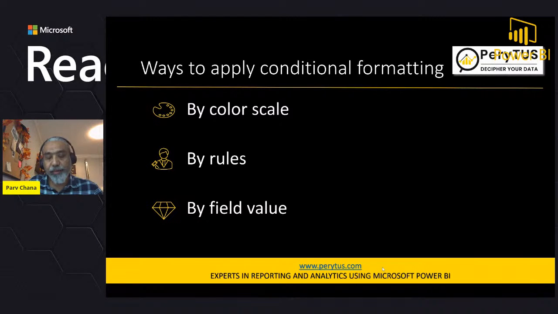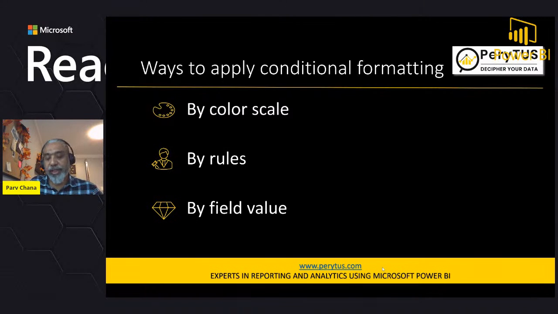I haven't worked too deep in Excel, but I know sometimes I use an Excel sheet where I created those reports by defining those rules and then setting up the color of the visuals. By field value, which we will be talking quite a bit, and I heavily use this, and this is my favorite, and this is how I use it, and this is what I'm going to show, and this is my recommendation to use, and we will talk about why this is important and why it is useful doing this. Field value is basically, again, going back to the measure.